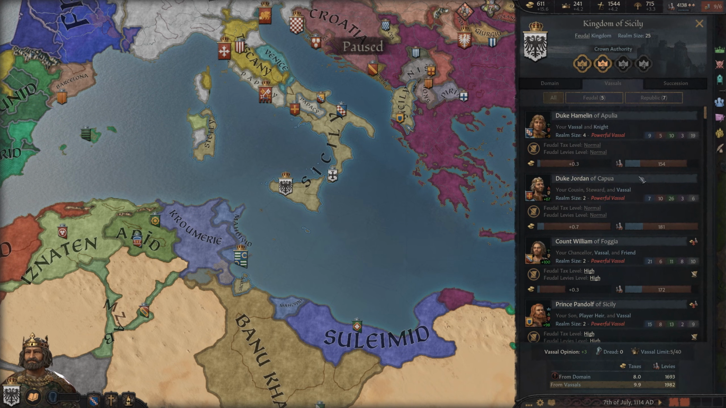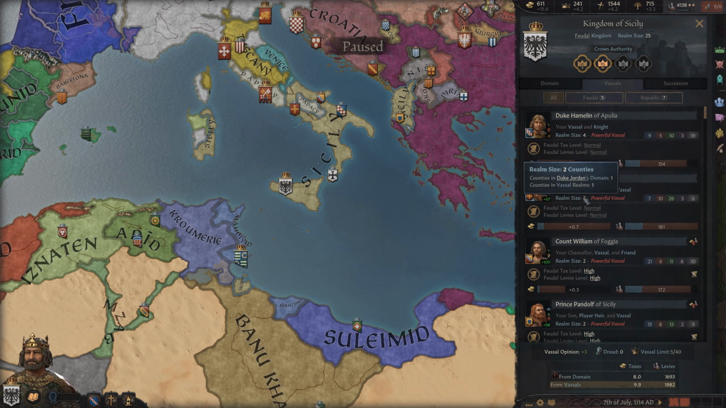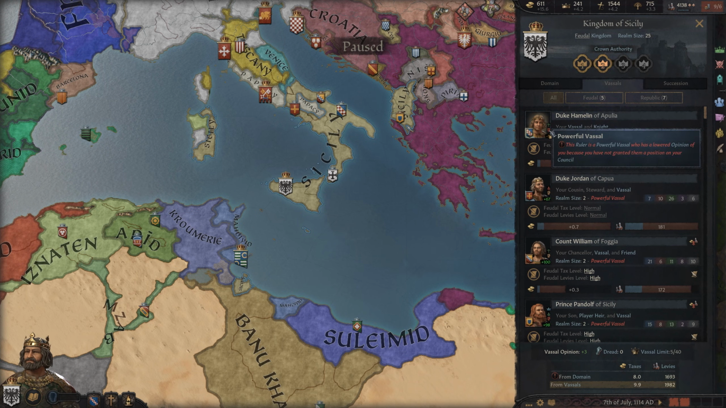Now, as you can see, I can scroll here. I've got 1, 2, 3, 4, and 5. Denote the little tiny fist here. So the color of that fist dictates whether or not they are on your council and if they want a council position. Duke Jordan, he is on the council. This ruler is a powerful vassal who expects to remain on the council. Well, Duke, don't screw up, and you will. But Duke Hamelin over here, Mark Hamill, wants a position on the council because he